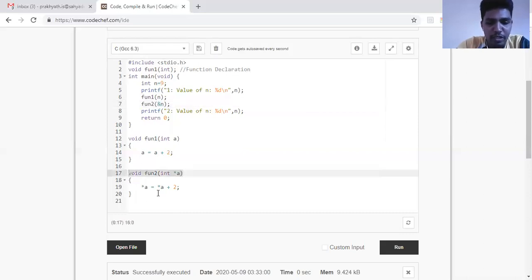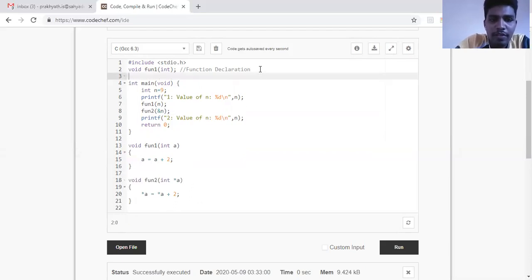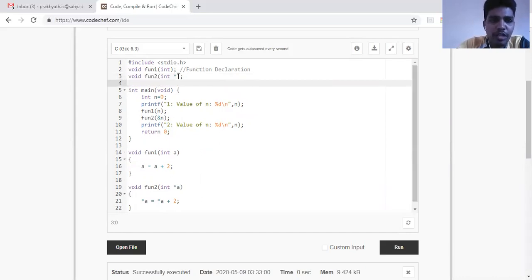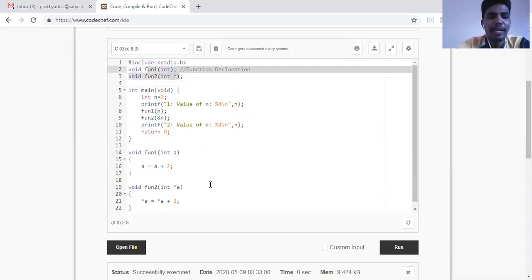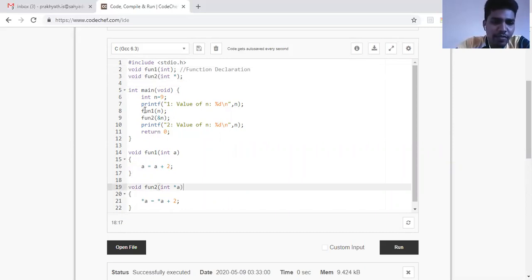Now this is a definition. I should write the declaration. So declaration goes here. Okay. So how do we write declaration? It's just a pointer variable required and a semicolon. This is how I actually do declaration. Why do we do declaration? Because to tell the compiler that these two functions definitions are written after main. Either we can write both definitions before main and then we don't want declarations. But if you're defining the functions after main, you need to have declarations.